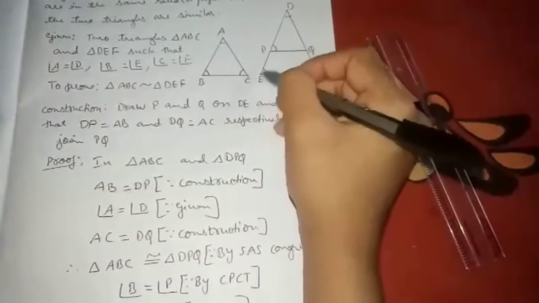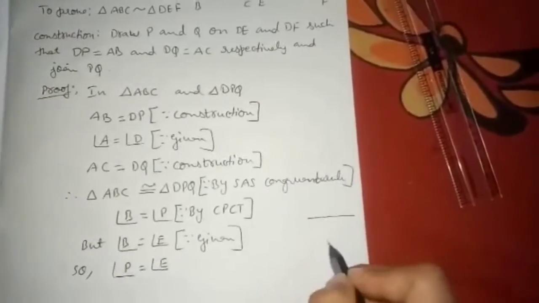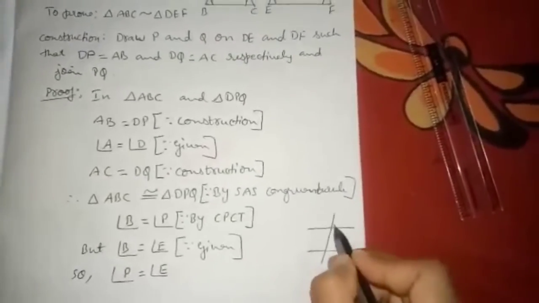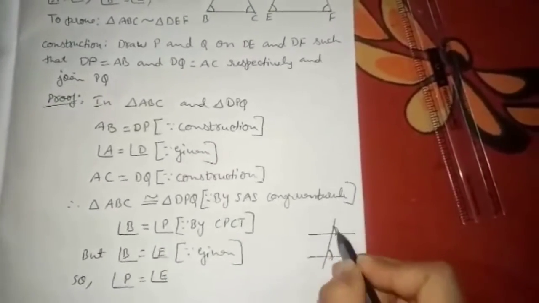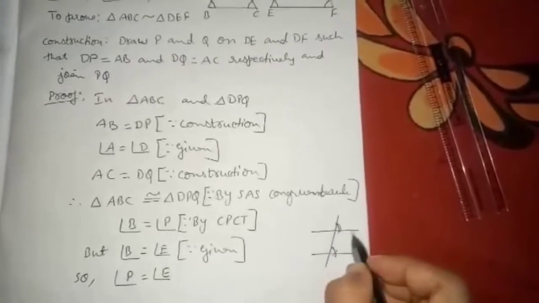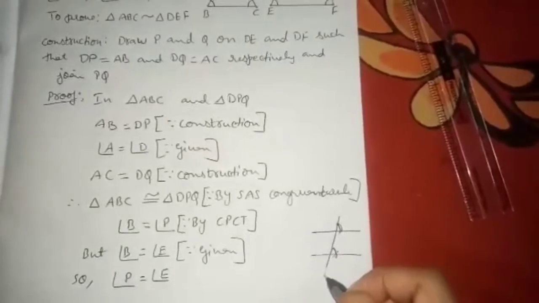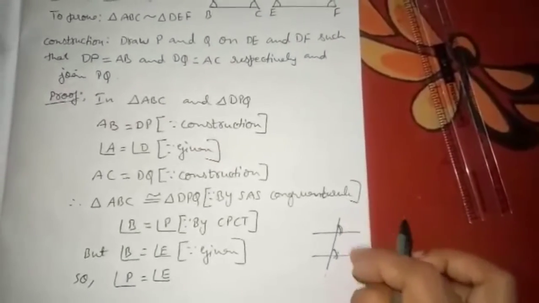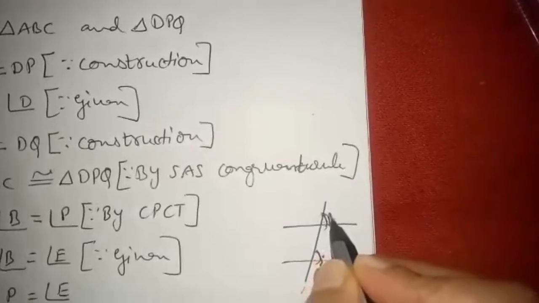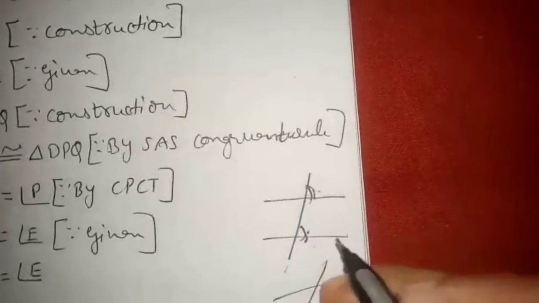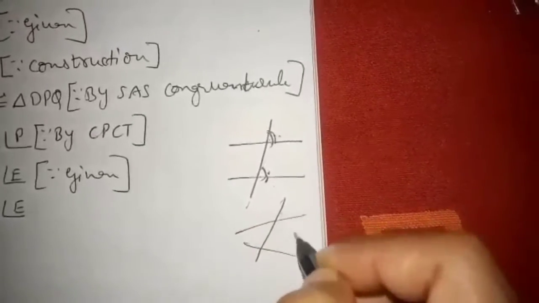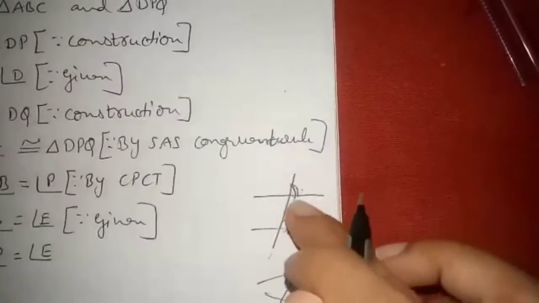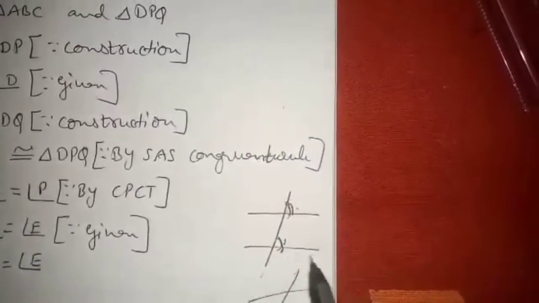When can we say these two angles are equal? You have studied this, right? These two angles are called corresponding angles. Corresponding angles are equal. When do you get corresponding angles? If you have two parallel lines and one transversal. So only if these two lines are parallel can we say that they are corresponding. What if they are non-parallel lines? If these two lines are non-parallel, then we cannot say corresponding angles are equal. So corresponding angles are equal only if these two lines are parallel.